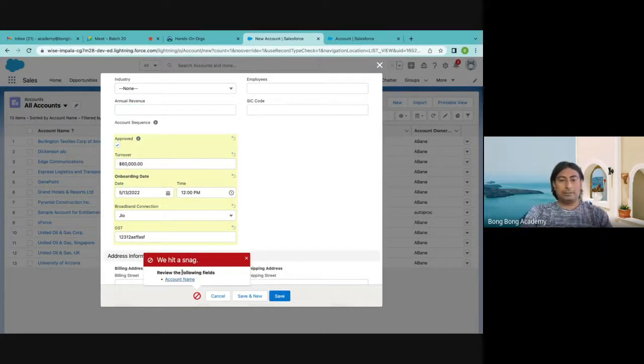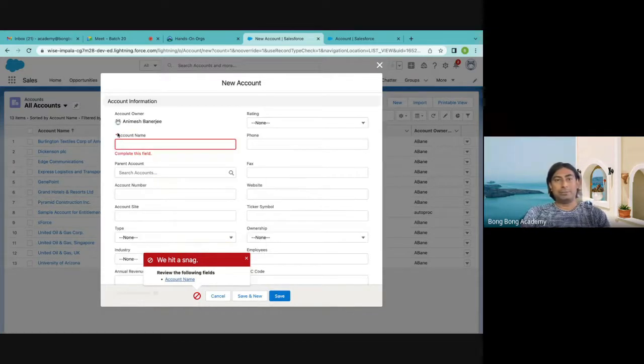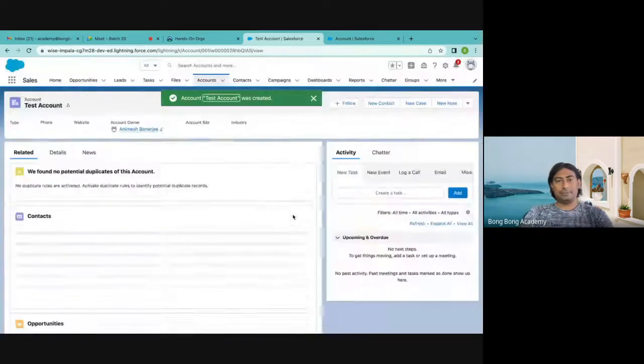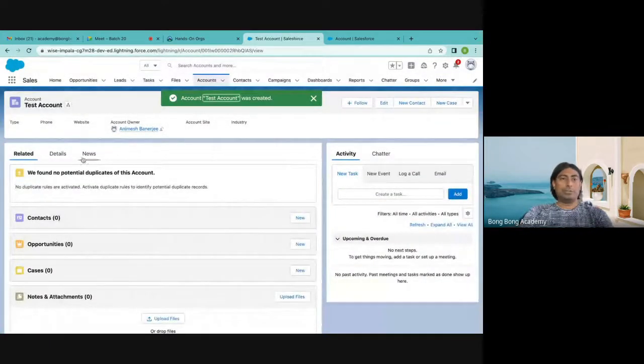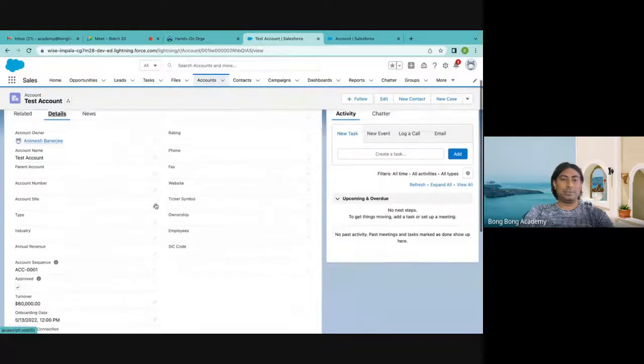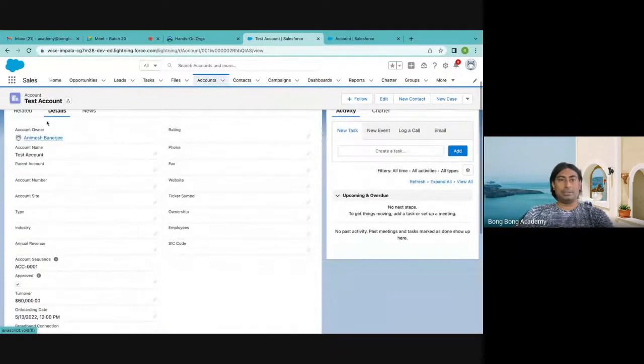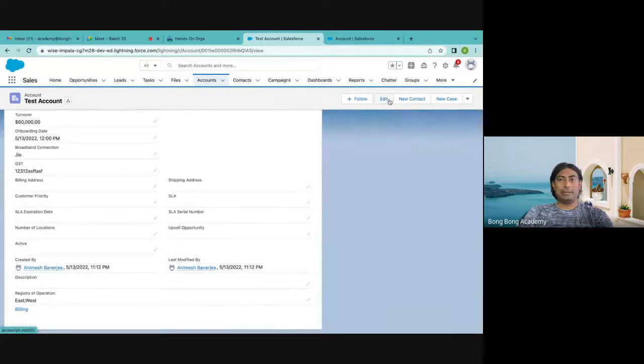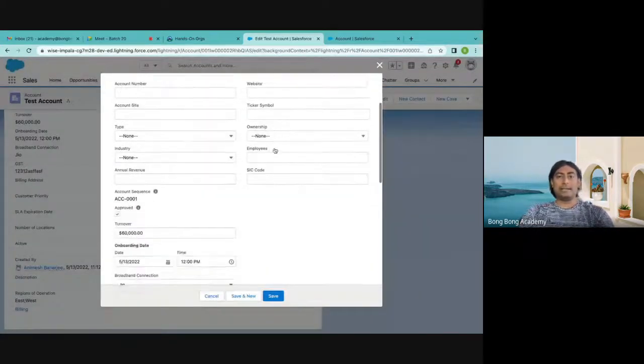And so you see, account name, you cannot save without this because this is the required star. So I am saying that this is called test account. And I save it. The same layout is also displayed in details. The same screen in the same sequence. You see? Approved. Whatever was showing up in the edit, the edit also will show exactly the same placing of